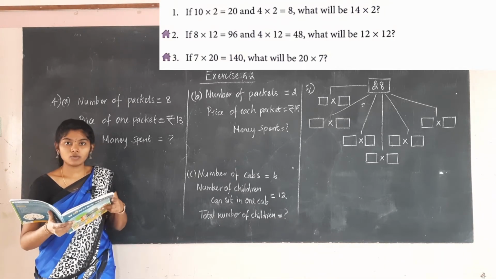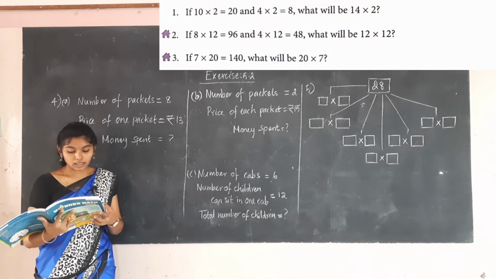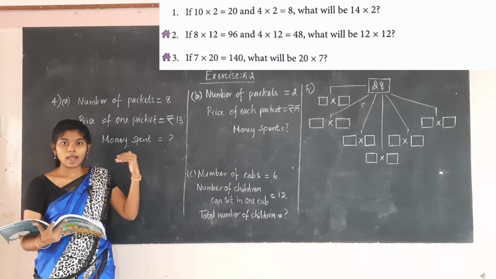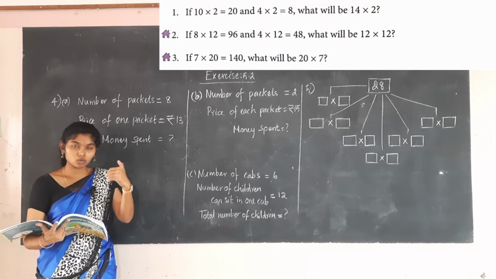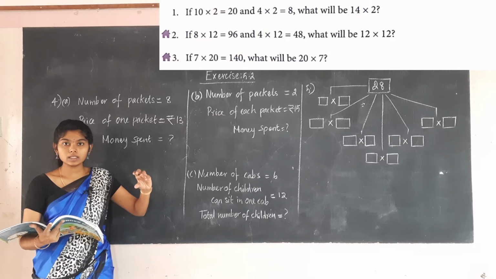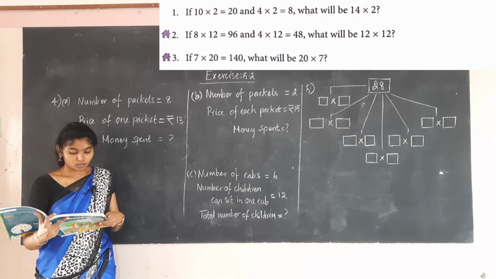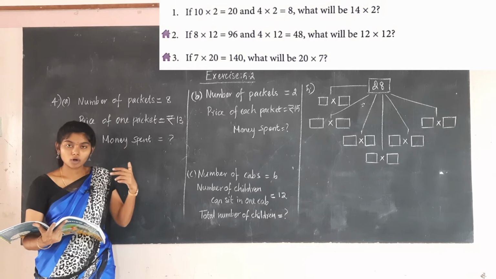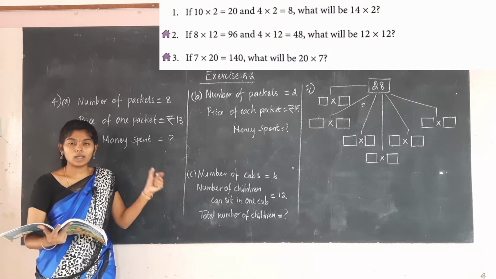So the multiplication for the 12th table is given. The same thing, 12 into 12, you are going to do. I have split the number 12 as 8 and 4, and 12 is multiplied to those two numbers. So you got 8 into 12 as 96 and 4 into 12 as 48. After adding 96 and 48, you will get the answer for 12 into 12. You can easily find that answer by adding the two numbers, 8 into 12 and 4 into 12. You got 96 and 48, already given in the question. By adding those two numbers, you can get the answer for 12 into 12.